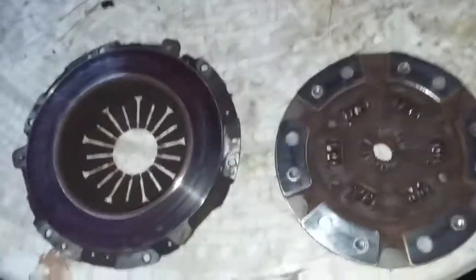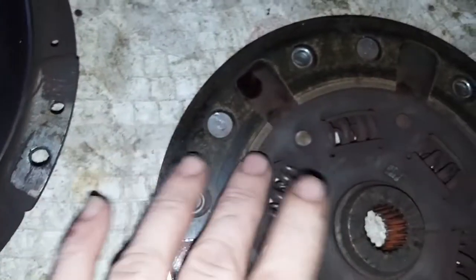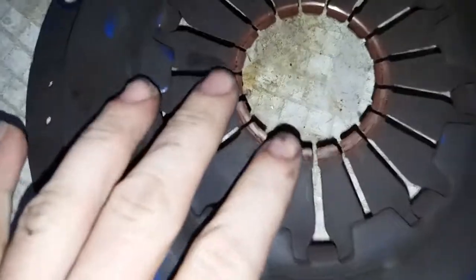All right, here's our spec 2 plus clutch. What it looks like happened is the Kevlar disc completely ate up all the way down to the metal. Pretty much ate the flywheel all up. But yeah, the Kevlar disc is completely just down to the metal. But overall, about 3 years of beating on this thing, it held up pretty good. Wore the fingers down pretty well. So yeah,